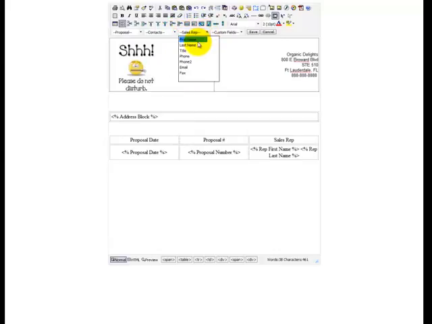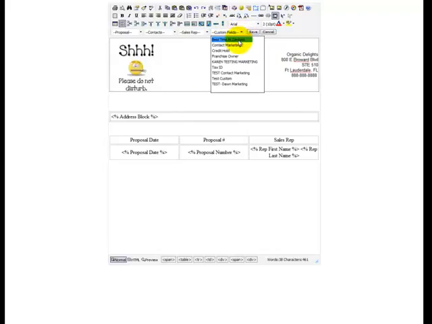the proposal template. These are your proposal merge fields: proposal number, date, net. These are your contact merge fields. Any of these fields you can insert here into your proposal template. If you need to insert your sales rep information, these are the fields here you can insert. And custom fields. Whatever custom fields you have set up in your company, you can set those fields here as well. We're not going to insert a field here, but we will do it once we get to the